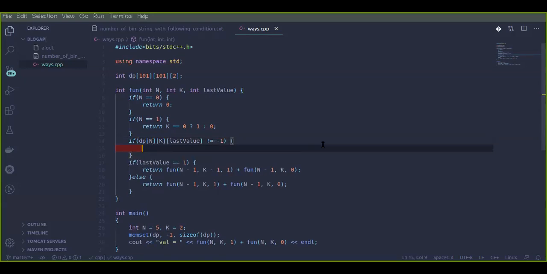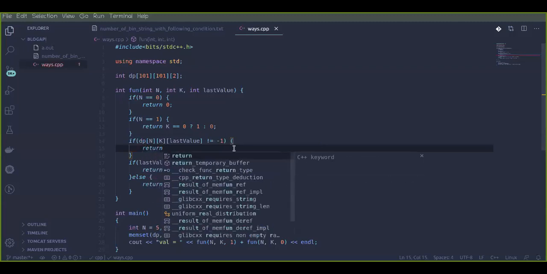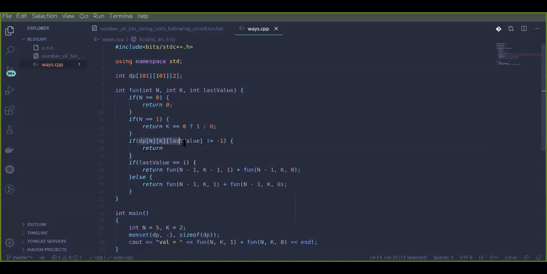It would be something else, not -1. So we will simply return this particular value from here. And if it is not found, we will save something right here, because we are computing for these particular parameters. That is why we will store it in that particular field.